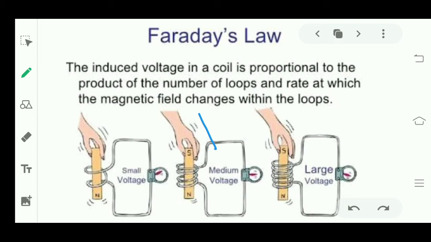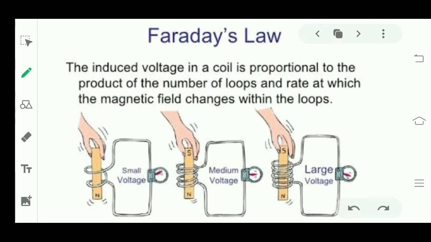Now, as we have discussed, because of the changing magnetic field, current is inducing, right? We use the word inducing here. That means this change in magnetic field is creating a current here. That was first observed by Faraday. So a current is inducing or creating here. How would you know whether current is being induced here or not?